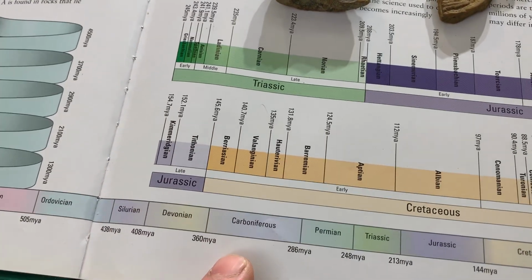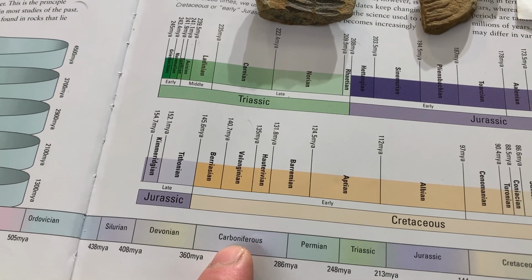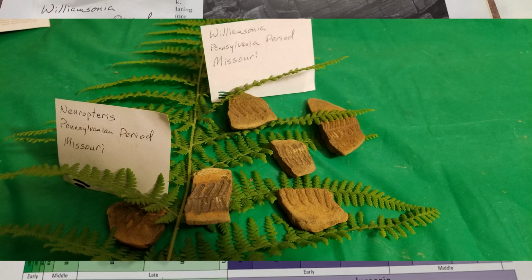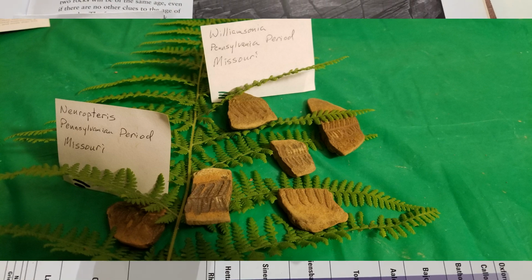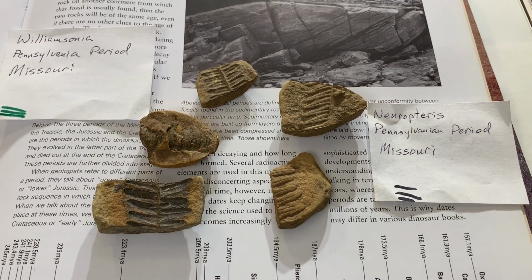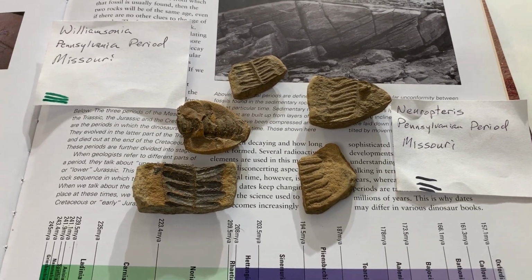So again, there are plants from 300 million years ago. See it coming from this period, Carboniferous period. It has zero change in it. We have both of these species growing today in my backyard. How fantastic is that. I won't stay too long on the fern. Let's move on to other animals.